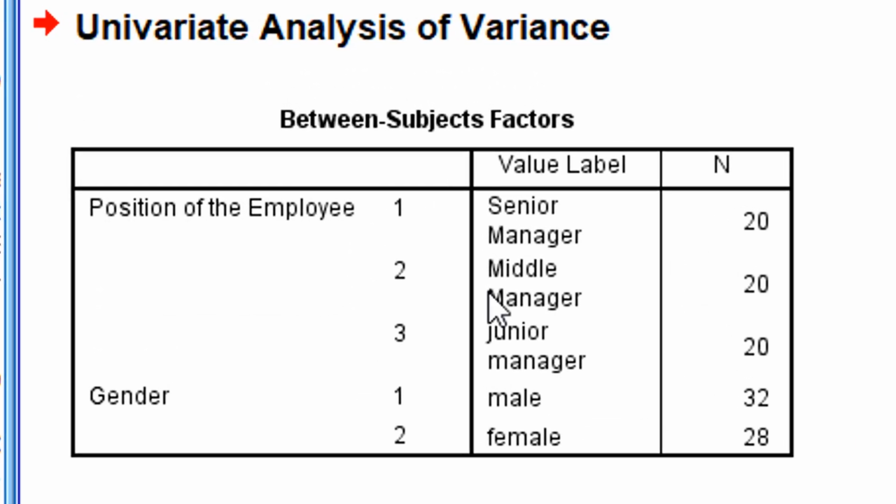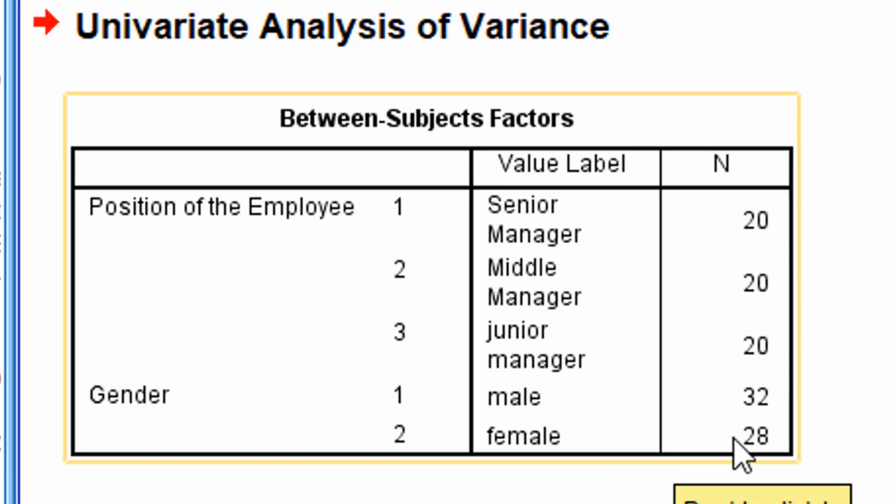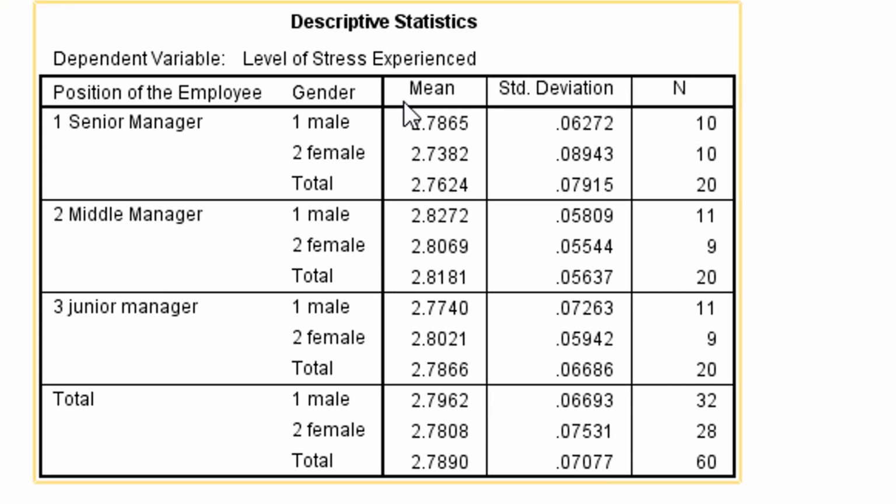So the output shows us the number of senior managers, middle managers and junior managers. This is 60. And what is the number of males and females? 32 males and 28 females are there. And descriptive statistics give us the mean and standard deviation of all the variables in combination with, for example, senior